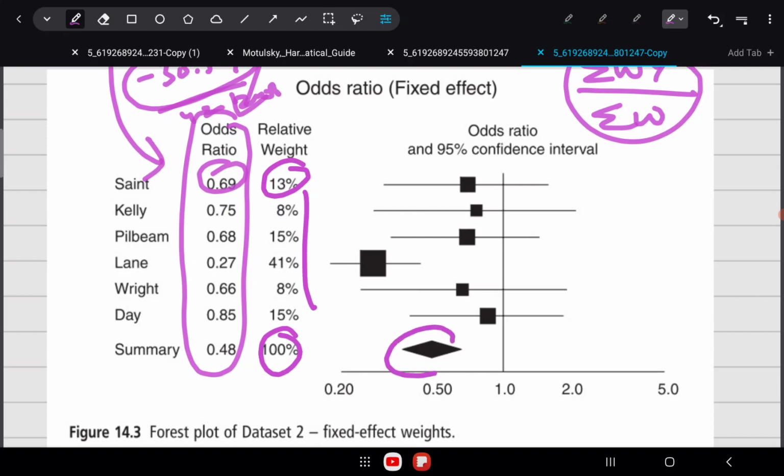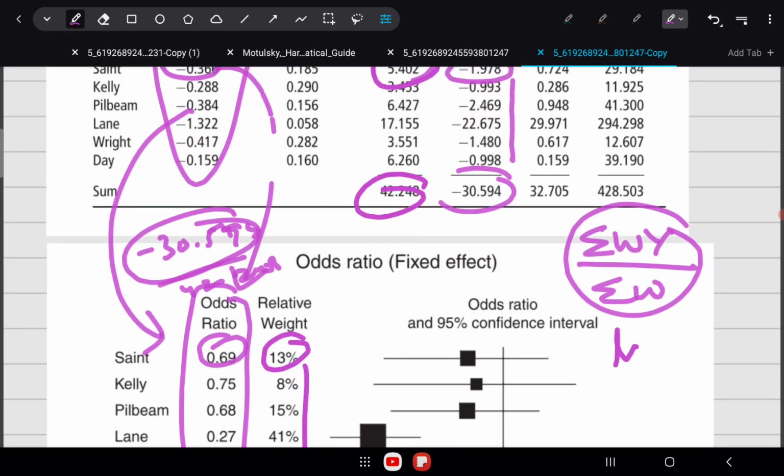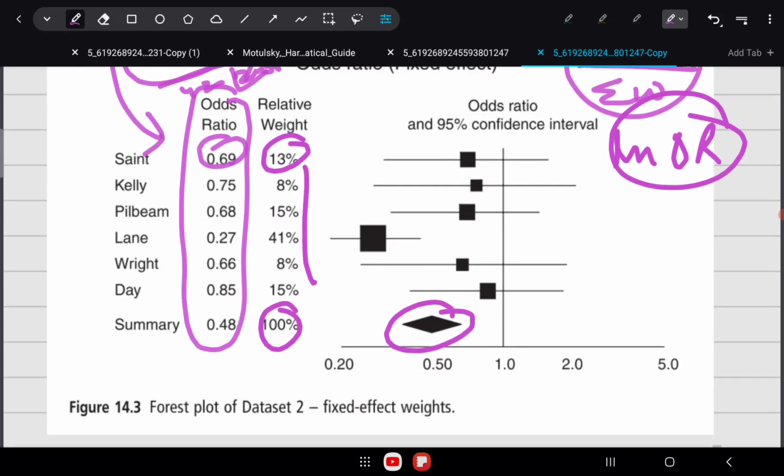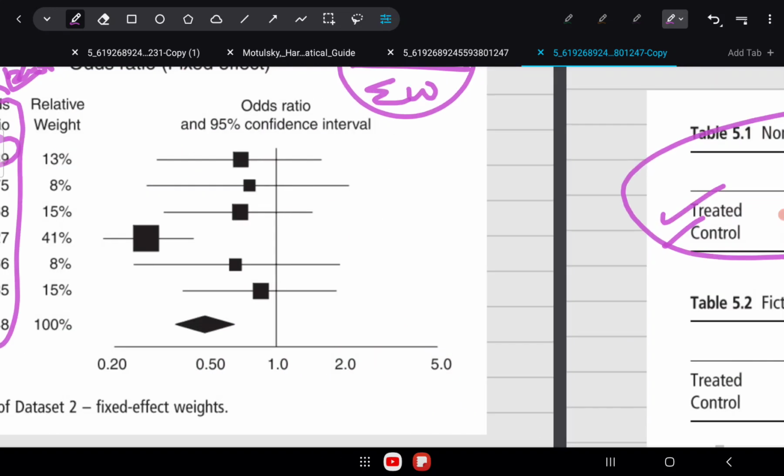And this is the summary effect that we have calculated. But again, the summary effect that we have calculated is in the form of natural logarithmic odds ratio, okay? That is the logarithmic form of the summary effect. If you want to show the summary effect in the forest plot, it makes more sense to convert this also into exponential form. So I will do the exponential form of this to show it in the forest plot. So this is the exponential form of the summary effect which is being shown in the forest plot, okay?